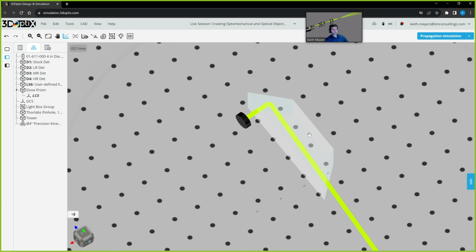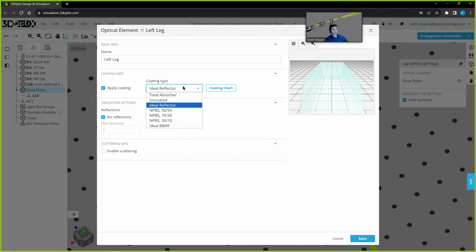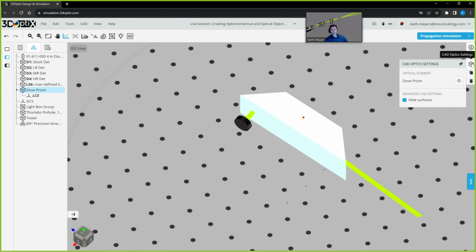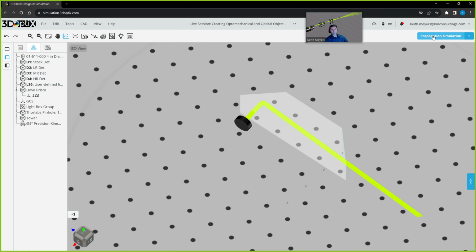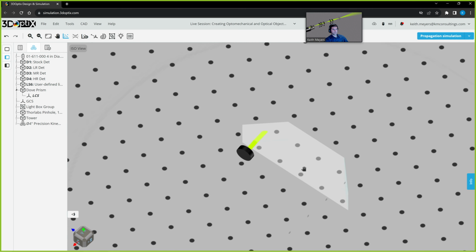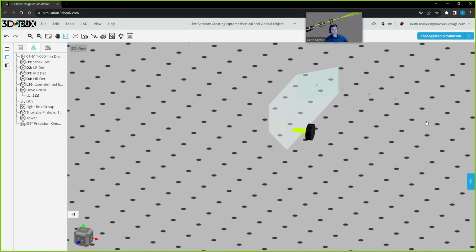Now we're going to click on this again and go back into the CAD optics settings. And we're going to change that left leg now to be a total absorber. Let's make sure that that works. Again, we'll propagate the simulation. Excellent. Okay, and now the left leg is a